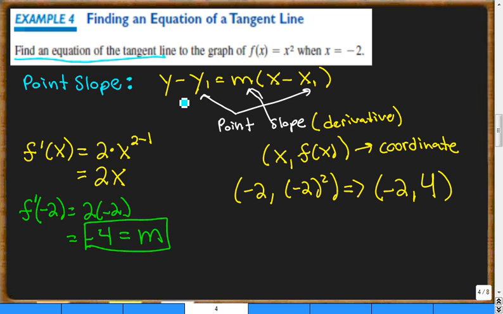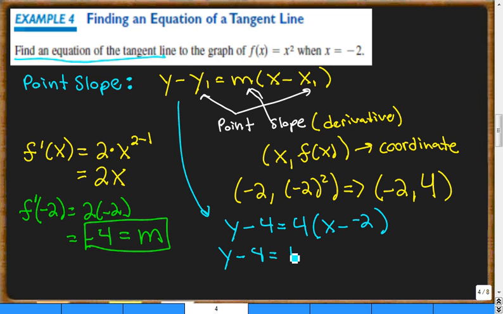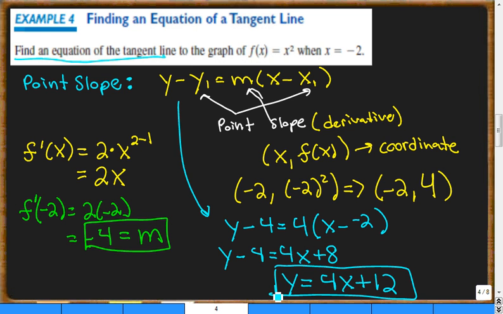So I go back up to the top. I'm going to get y minus my y coordinate, which is 4, equals my slope, which is 4, times x minus my x coordinate, which is negative 2. So I get y minus 4 equals 4x. This becomes a positive 2, so this becomes a positive 8, and you should be left with y equals 4x plus 12 as your overall answer. Okay, so that is